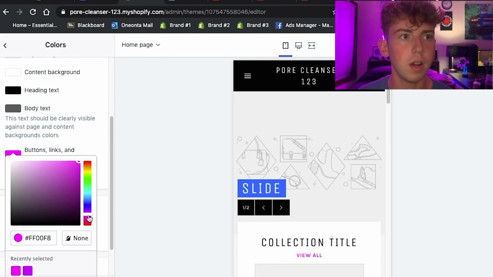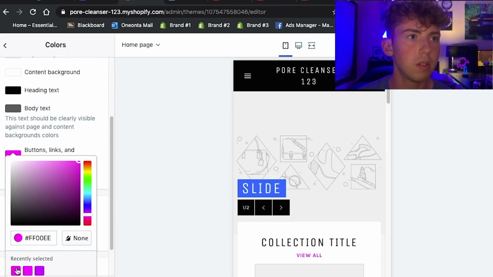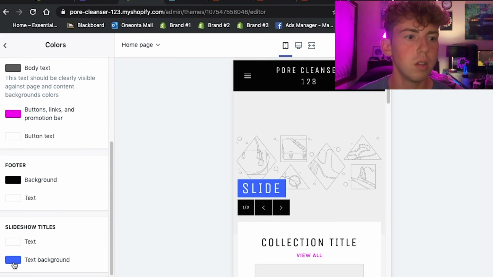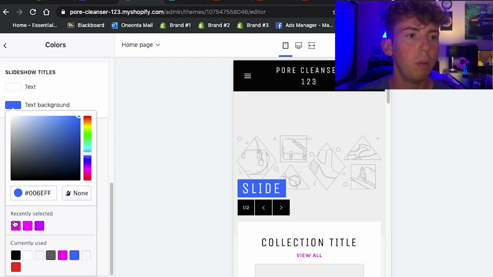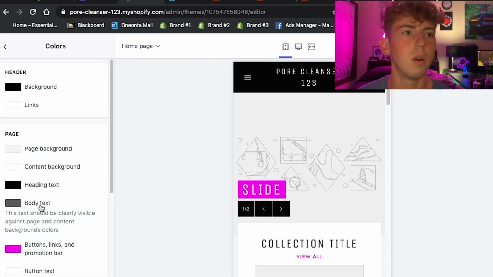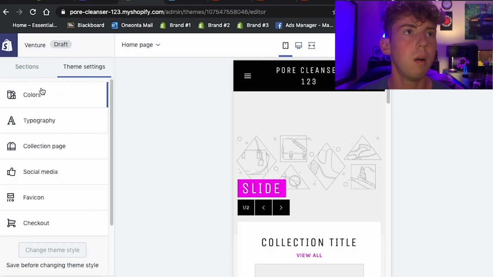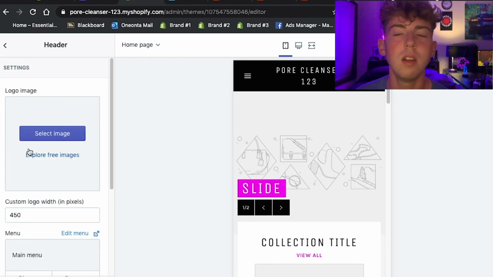So I figure that it's better to have this kind of color scheme, and I want to make it bright so that it does pop out and people will be able to see the colors that are going on. Now that we've done that, I'm just going to go to sections, and now we can start to edit stuff. And this is how we're going to make our logo, and this is how we're going to put the logo